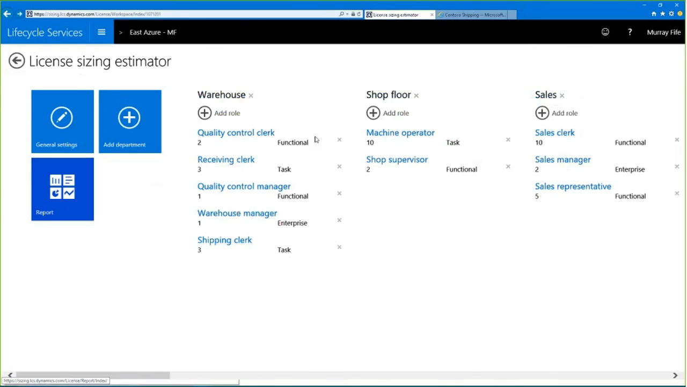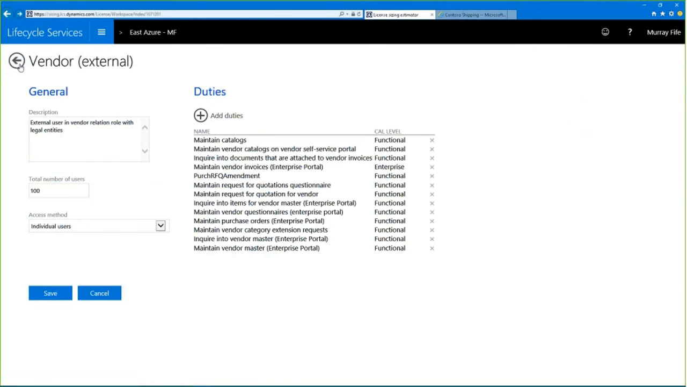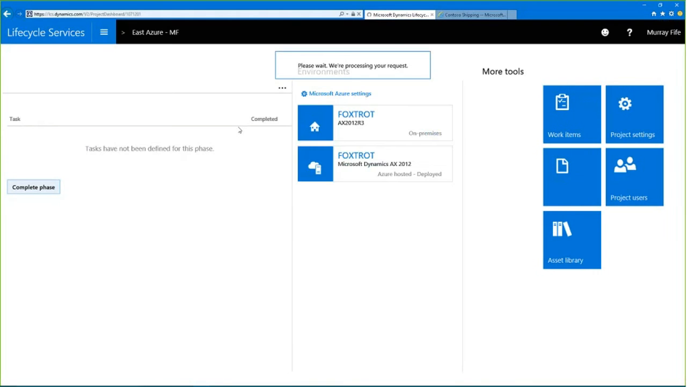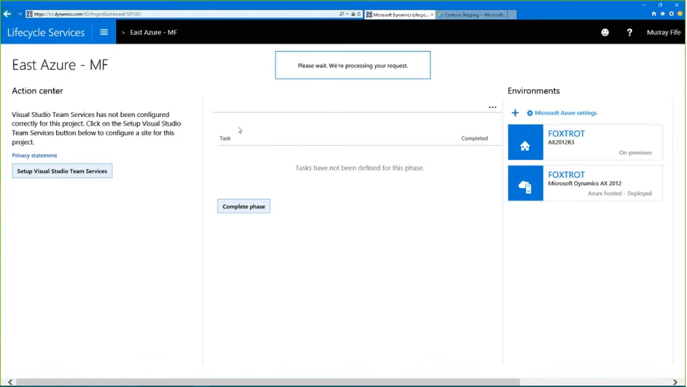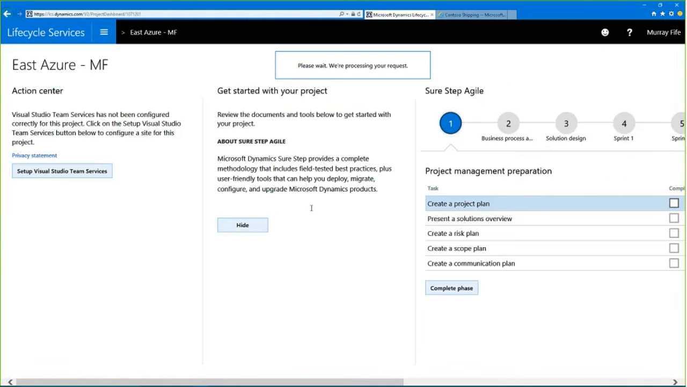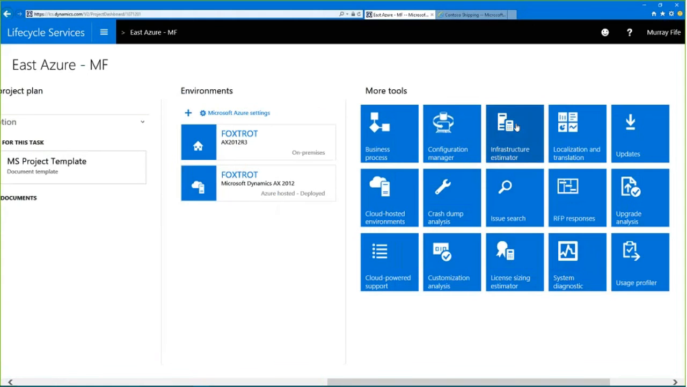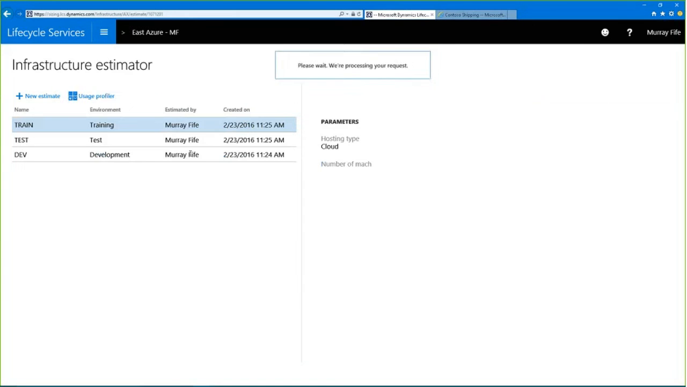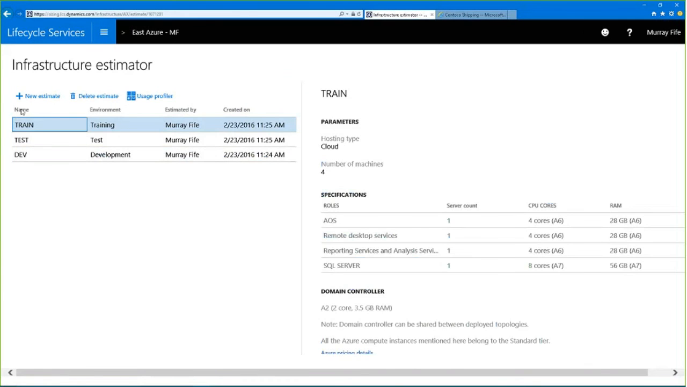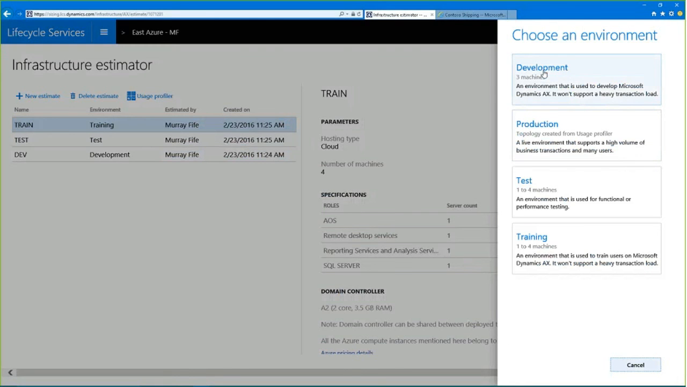Now the final item that we have here is, so we know from our business processes what functions we're going to be using. And we know how many users we're going to have, and we also know the load on the system. So now what Lifecycle Services allows us to do is run this infrastructure estimator. And what we can do now is we can go out and we can say, if I wanted a production system,